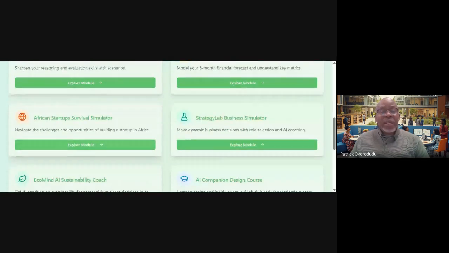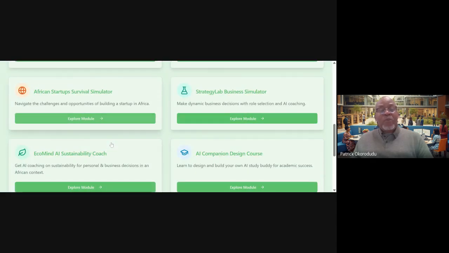Then also right here, we also have the African Startup Survival Simulator. Now, all of these things, AI for us, AI is just a tool for us. AI is an enabler. It helps us teach the students better. It helps the professors do better research. We're not just jumping in there or running in there to say we have AI tools in our university, but we use the AI tools to help us prepare students for a better productivity in school, and then better productivity when they get out of school as well.